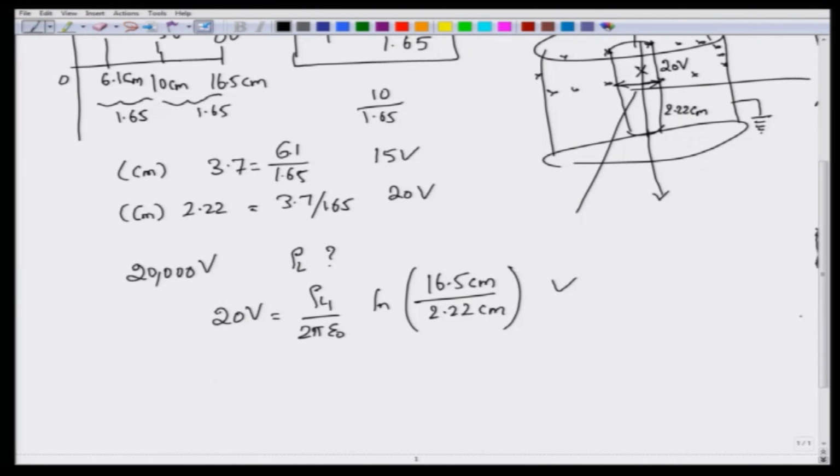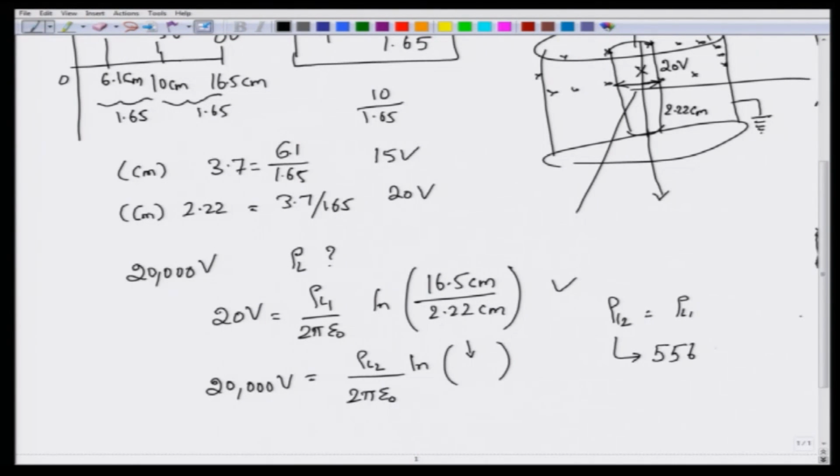And if you now say that the potential has to be 20,000 volts inside the conductor, rho L2 will be the new line charge density, that would be 2 pi epsilon 0 over ln. This particular thing has not changed, right. This is still the same 16.5 and 2.22 centimeter. So, you can divide one by the other and show that rho L2 will be equal to 1000 times rho L1. In other words, the new line charge density that we are looking for in this 20,000 volt scenario is 556